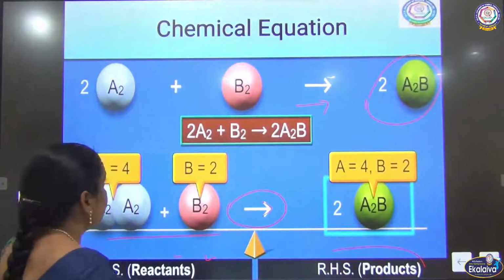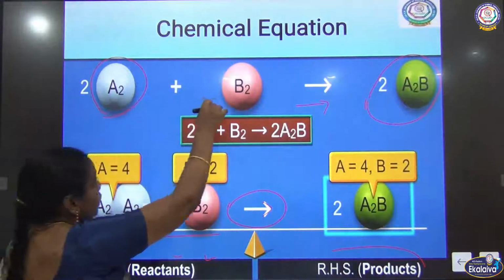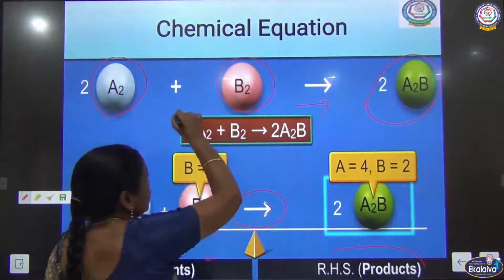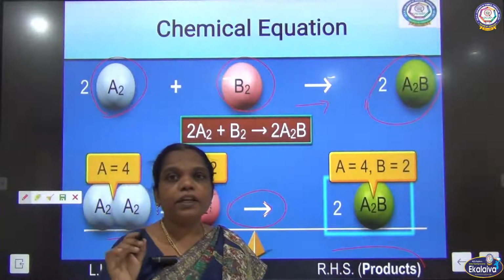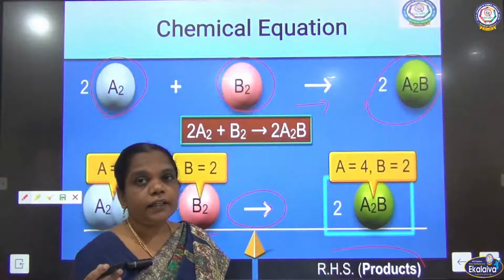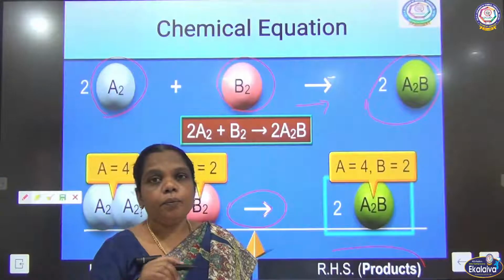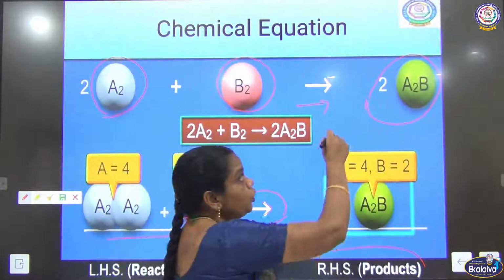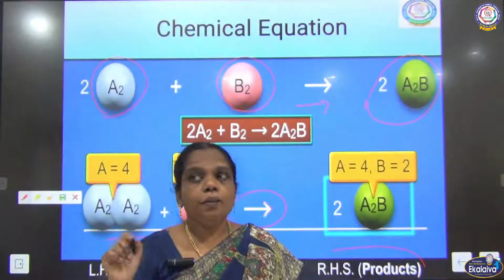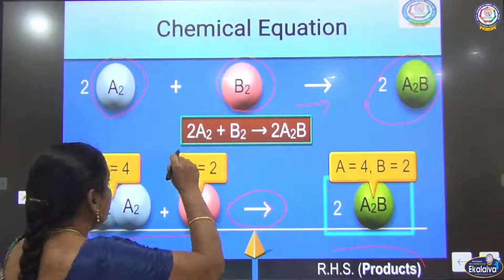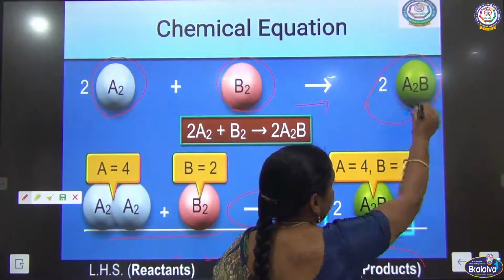In this example, A2 is going to react with B2, so these are two reactants. More than one reactant can be differentiated by a plus sign. Two or more reactants involved in the reaction are represented by a plus sign. In the same way, the new substances formed during the change can also be separated by a plus sign.